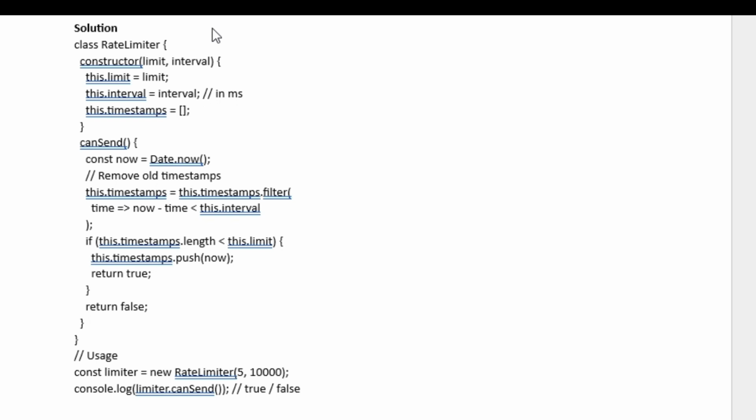RateLimiter is the class, and in the constructor, we are having two arguments, limit and interval, and we are initializing three attributes. First one is the limit. It is the maximum message limit, and the interval is the time interval, and third one is the array to track message timestamps,